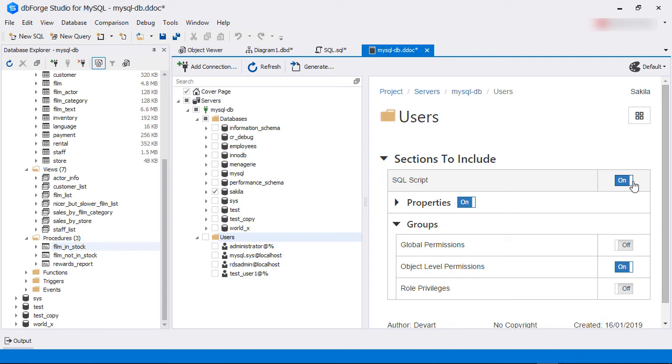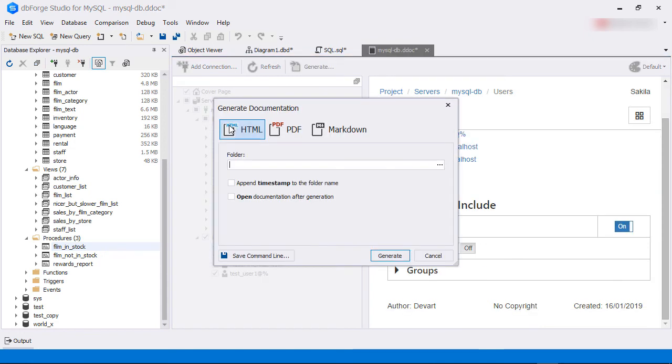To export, we click on the Generate button. As you can see, dbForge Studio for MySQL offers three options for exporting: HTML document, PDF document, or Markdown document. We want to export to PDF, so we choose this option and then change the export path to C:\temp\dbdoc.